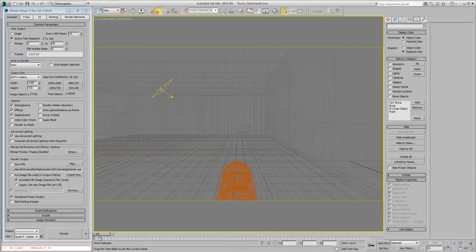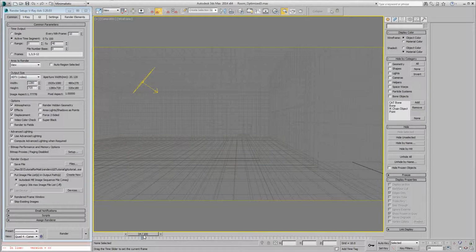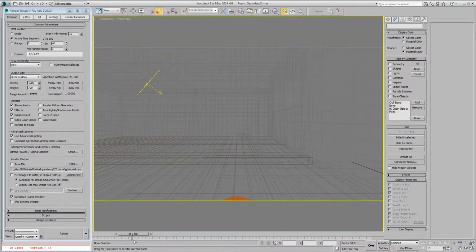So if I go from 20 to 30, it's only going to generate new samples in the areas that it hasn't seen yet. In the areas that it has seen, it won't do. It will just quickly